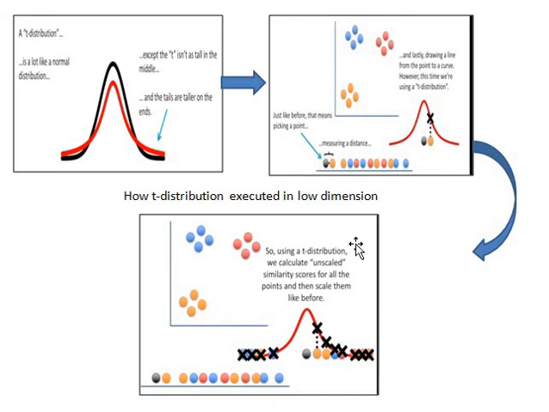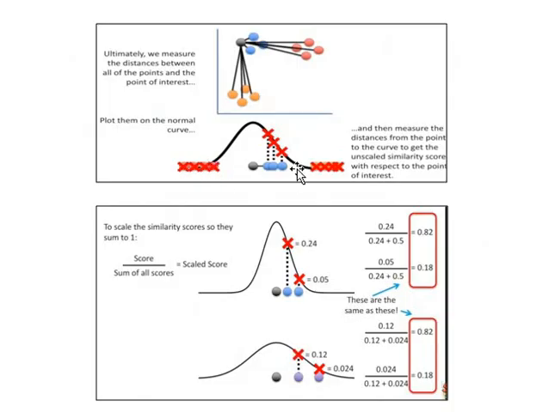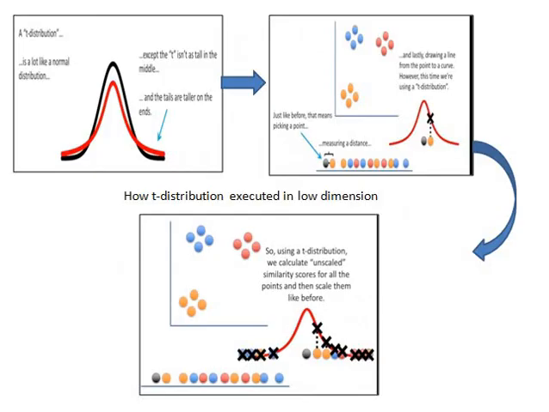By using that probability, we are going to obtain the similarity score. Similarity score is nothing but the score of a particular data point divided by the total score of the neighborhood of that particular data point. So we can see like this. Each data point is mapped on this t-distribution to tackle the crowding problem. Here we can see there is no crowding, but when we apply a normal distribution curve, there will be crowding. But in the t-distribution curve there will be no crowding. That's why we use it in low dimensional space in t-SNE.